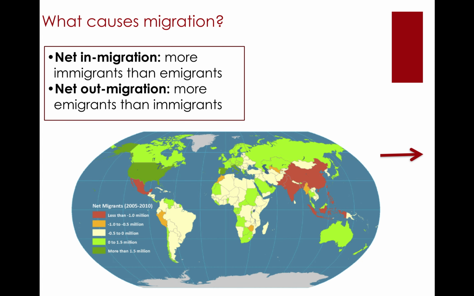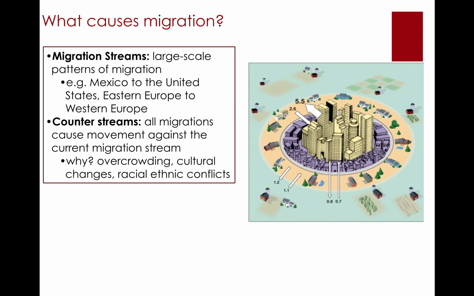Two other terms here: net in migration or net out migration. So when we discuss what causes migration, we need to be able to fluidly use the terms net in when a country has more immigrants, people coming in, than emigrants. You get a net positive number of migrants coming in. Net out migration, of course, would be when you have more emigrants than immigrants, more people leaving than coming. And you can see here, this map is actually out of date with 2010 because it specifically does not have the massive crisis that's currently occurring in Syria with refugees emigrating with an E out of Syria to avoid the civil war and chaos that is there. But we're going to use this map to launch into a discussion of general trends of where people are going to and where they are leaving.